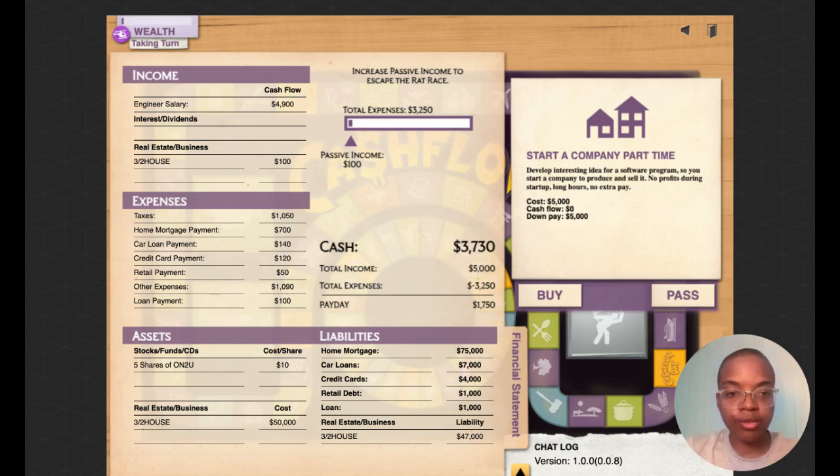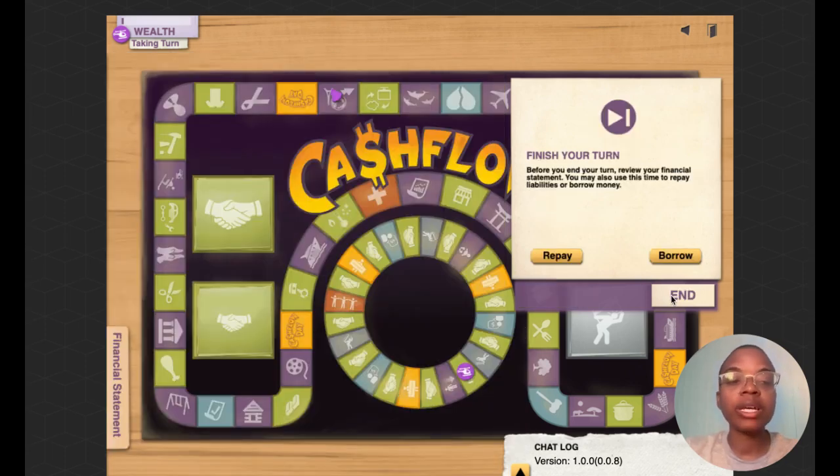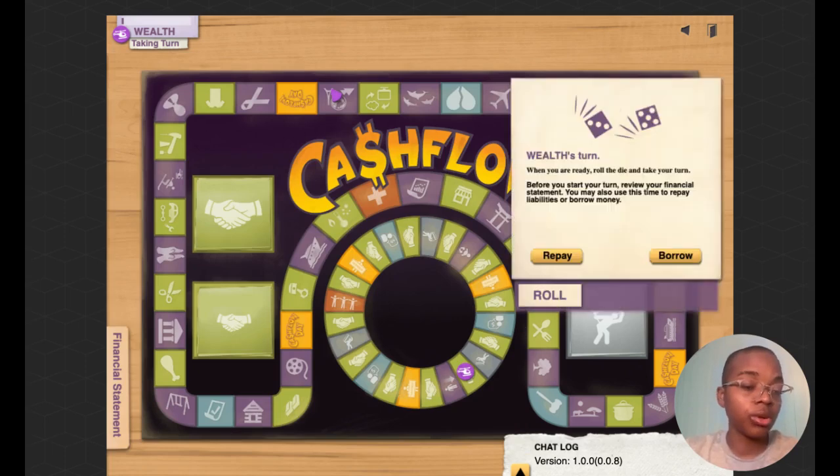Just because I don't have quite enough cash on me now, and because I have another strategy in mind, which usually for me is going the real estate route, I'm going to pass on this now, but this is a good one to consider because there may be an opportunity to sell this company in the future for a higher price. So I'm going to go ahead and pass for now, but definitely something to consider. Starting your own company is not always a good idea, depending on the type it is.